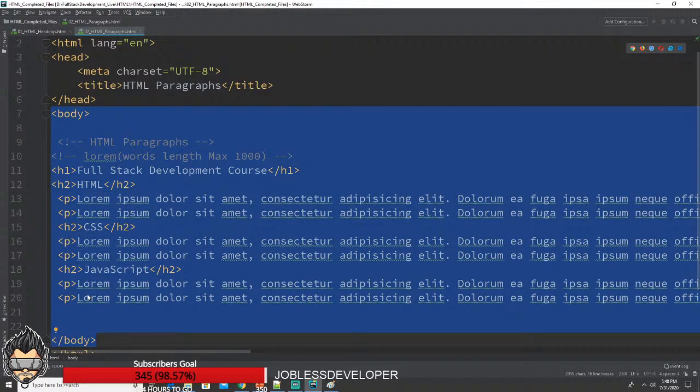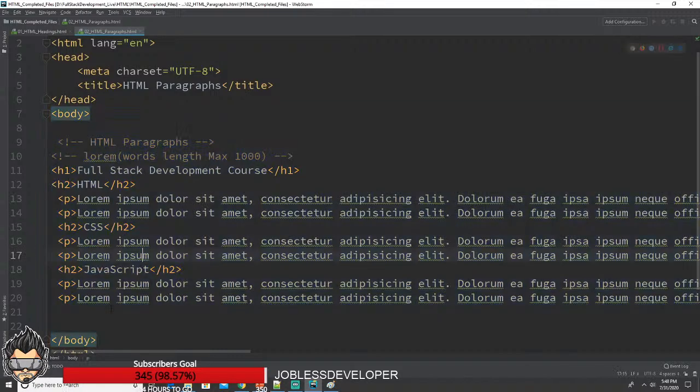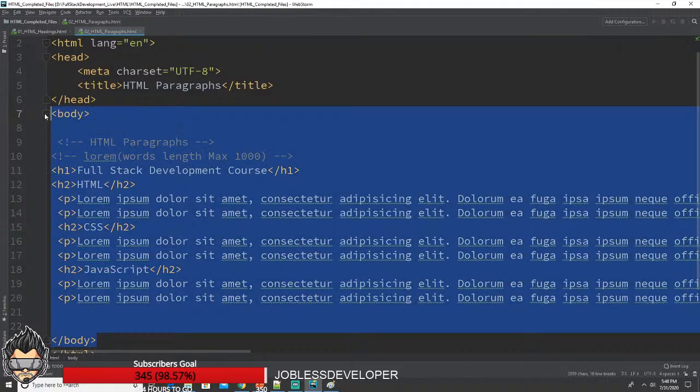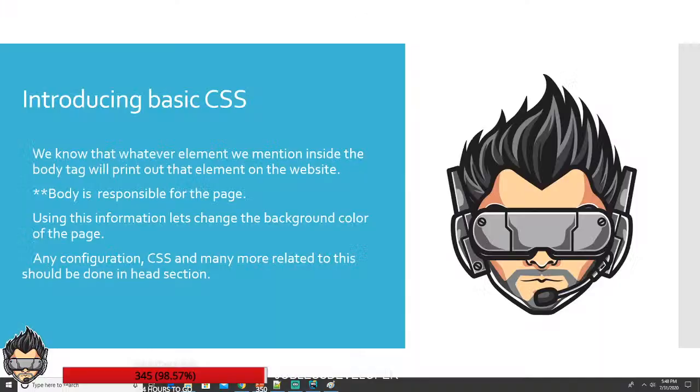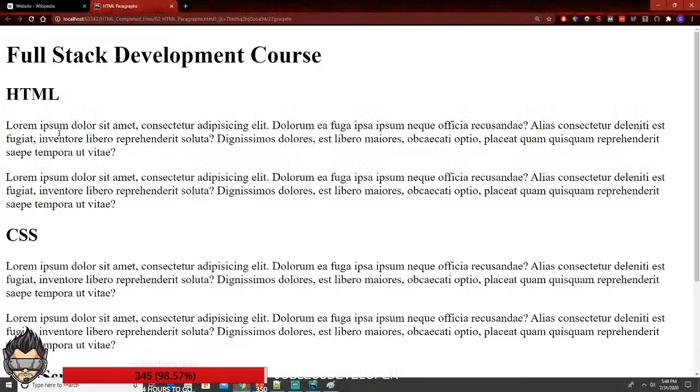If it is not within the body, then it means that it is not being displayed onto the page. And whatever is there in the body is the only thing that is being seen on the website. So practically from here to here, it's the website itself, the whole website. And now if I want to apply background color to this page, see, my background color over here is white,